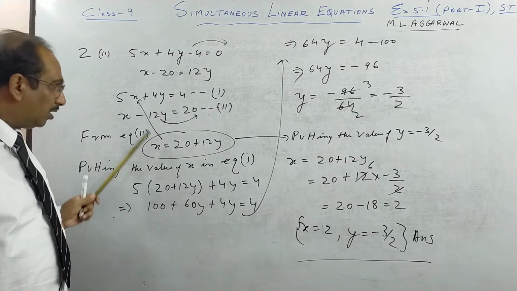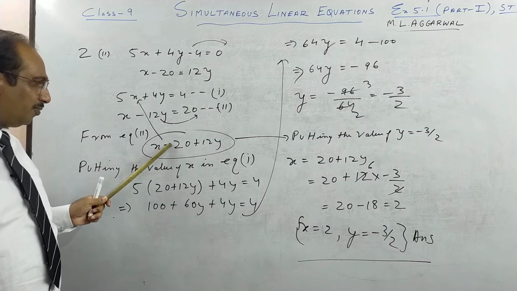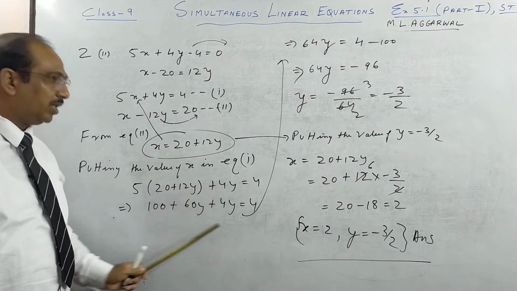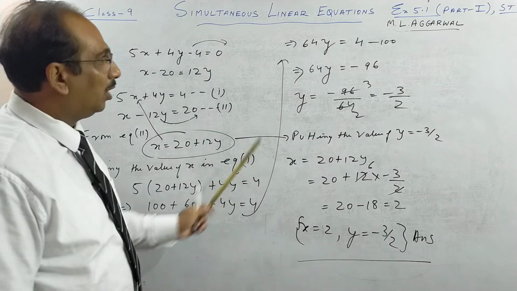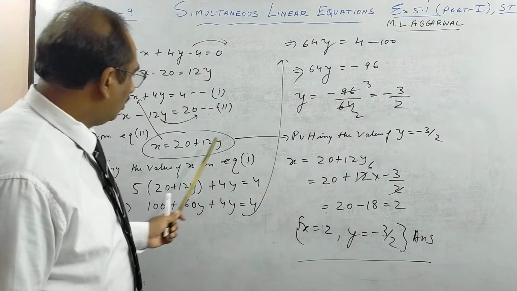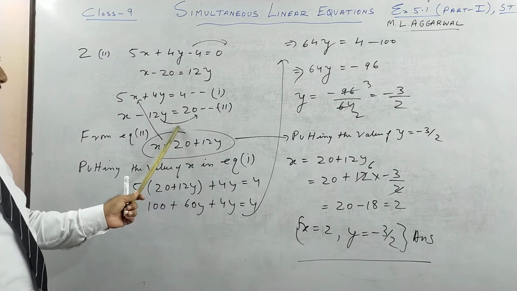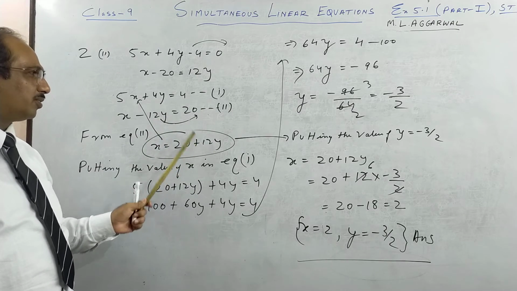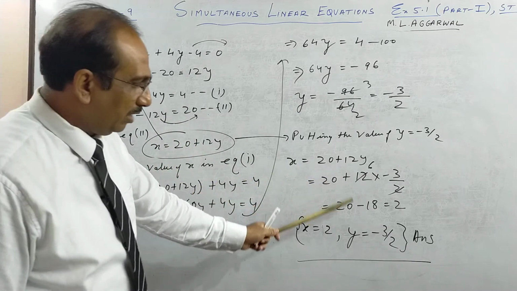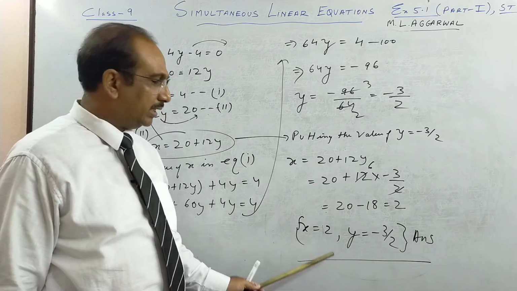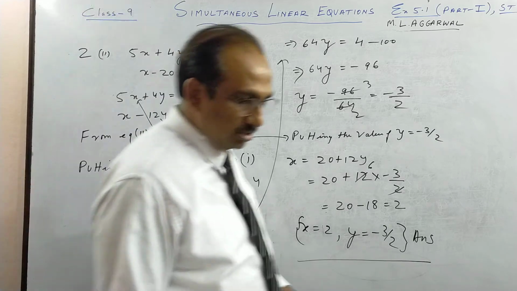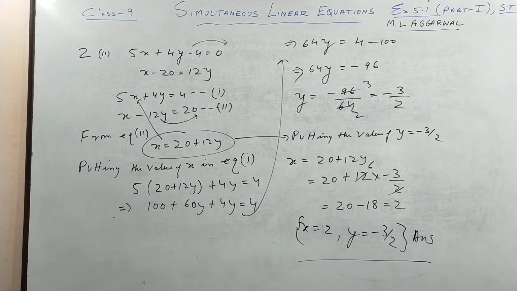So you see here, when I put in place of x this value of x from equation 2, this becomes a simple equation. One unknown, one equation. So I hope all of you know how to solve a simple equation. You get y's value, you put either here, this is the easiest, or here or here. Any of these three, here you put 1, 2, and this is actually nothing but the arranged form of equation 2. So put the value of y, we get x, write them together for your examiner to see nicely and to give you full marks. So kindly pause the video and do it, then we move on to the next question.